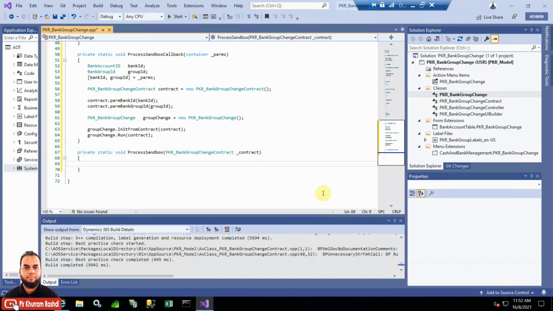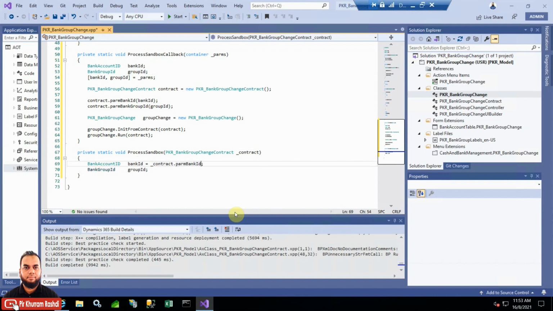What we need to do is use the same variable, and because now the contract is passed, using that contract